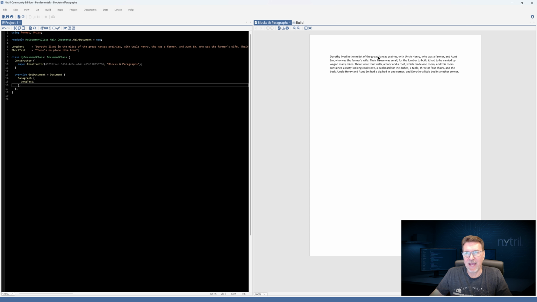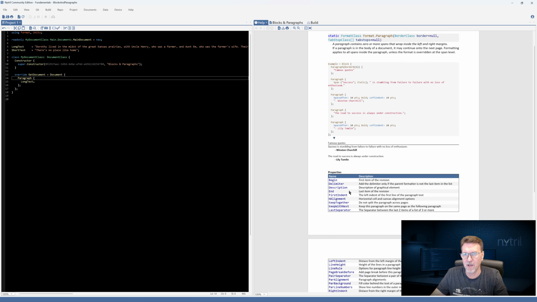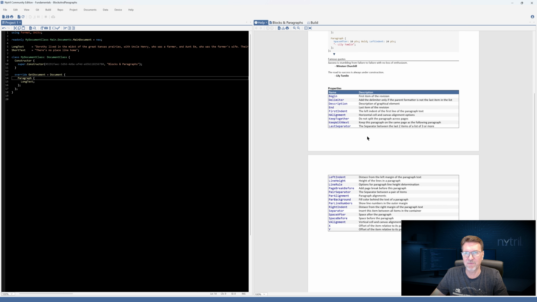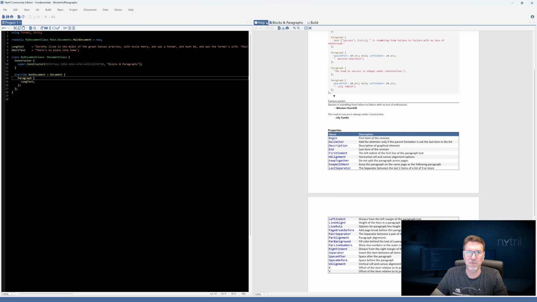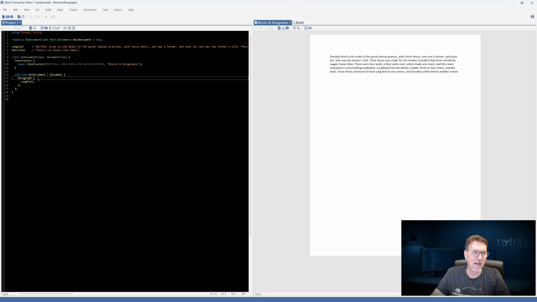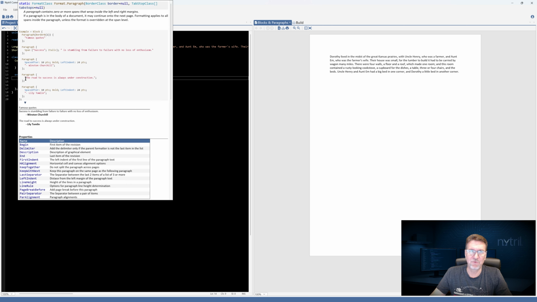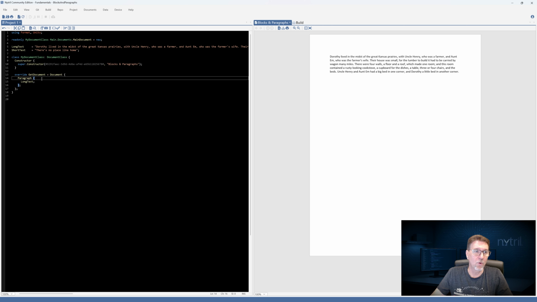So obviously, once we have content being displayed in the document, we often want to format it in various different ways. So we want to look at how to use some of the formatters with a paragraph. And this is going to be true across the board for all Nitro formatters. You can always go to a formatter and press F1 and see the specific properties for that formatter laid out here. So these specific properties coupled with some global formatters comprise the properties that you can add to a formatter.